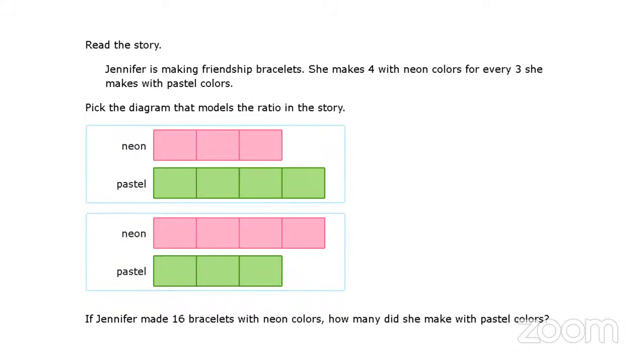It says if Jennifer made 16 bracelets with neon colors, how many did she make with pastel colors? How will we figure that out? So tell me, how many will she make with pastel colors? You can go ahead and represent this as a ratio in the chat. So go ahead, represent the answer as a ratio in the chat to show how many she made with pastel